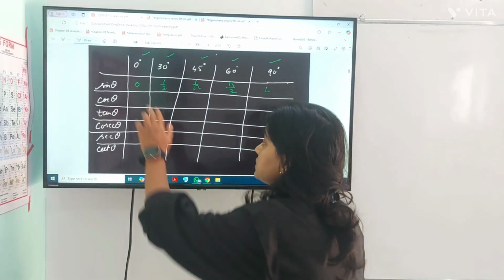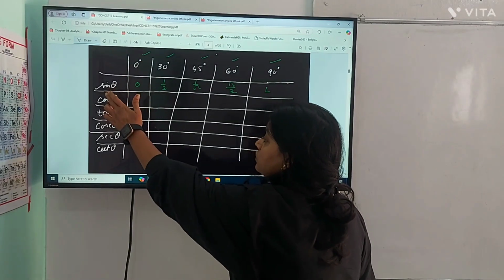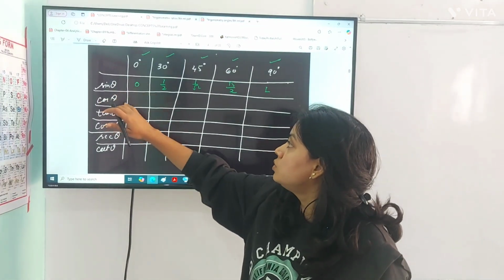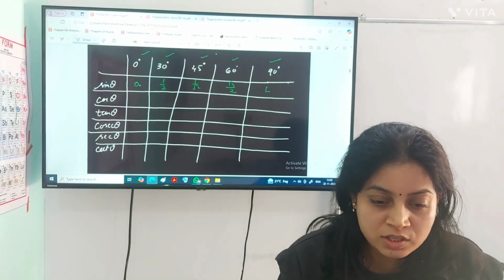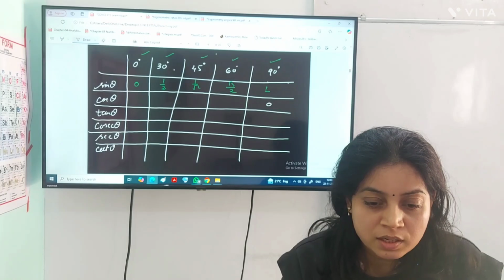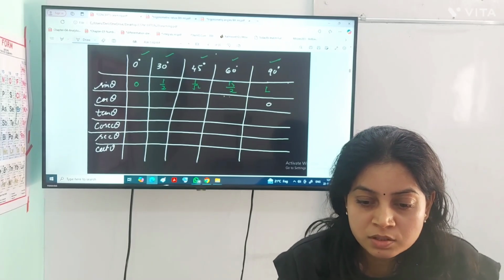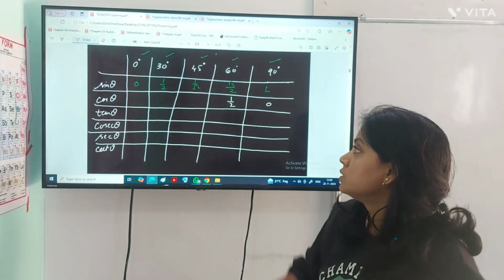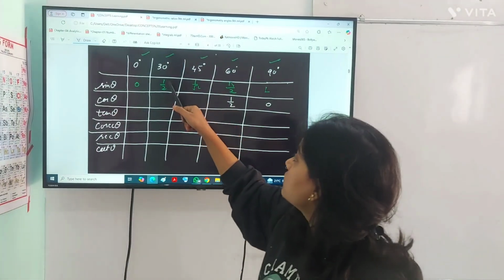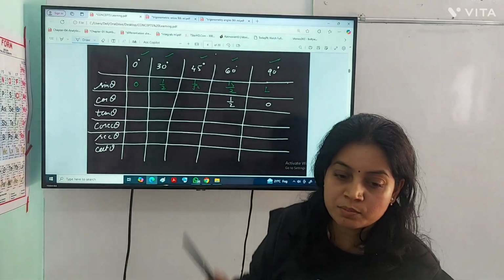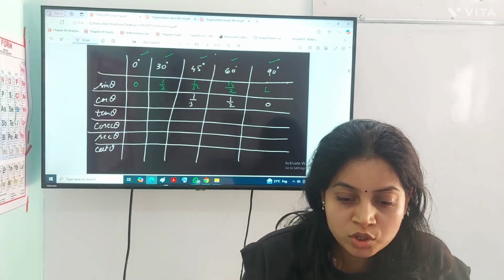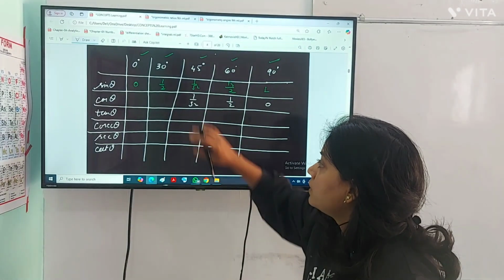Right? After that, as I have told you, what is complementary? Sin 0 किसके equal होगा? Sin को I can write in cos. Sin को cos में लिखोगे तो sin 0 is equal to cos 90. तो sin 0, 0 है तो cos 90 is 0. Sin 30 is 1 by 2, तो cos 60 will be 1 by 2. 30 का complementary 60. तो sin 30 is 1 by 2, so cos 60 is 1 by 2. Sin 45 and cos 45 are equal.